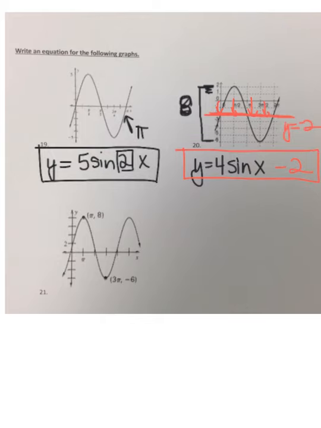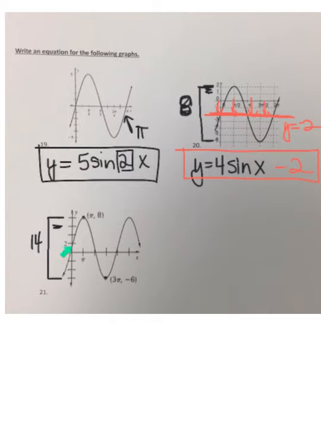All right, let's look at 21. And we kind of have a similar situation here, where my peak or my maximum here is at 8, but my minimum is at negative 6. So we went all the way up to 8, and from there we went all the way down to negative 6. So that total distance from this maximum to this minimum is a total of 14, right? So I want to kind of count backwards, and I want to count and figure out, I know that half of 14 would be 7, right? So I want to count from negative 6,